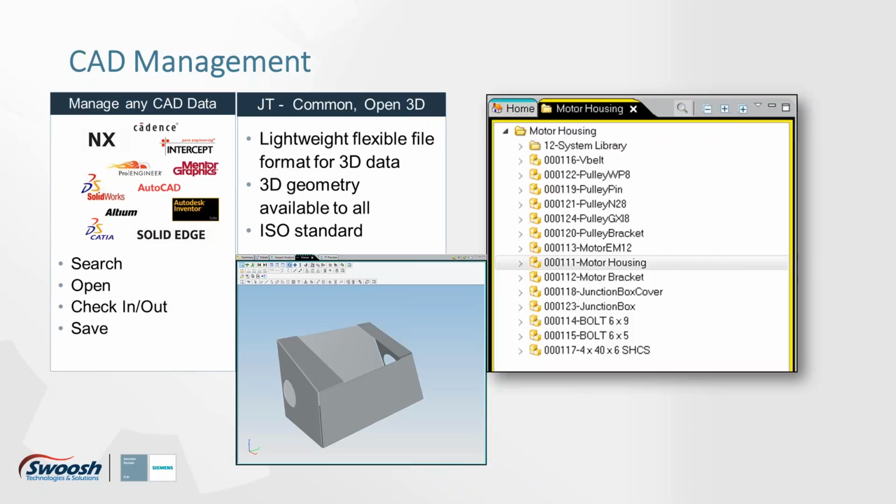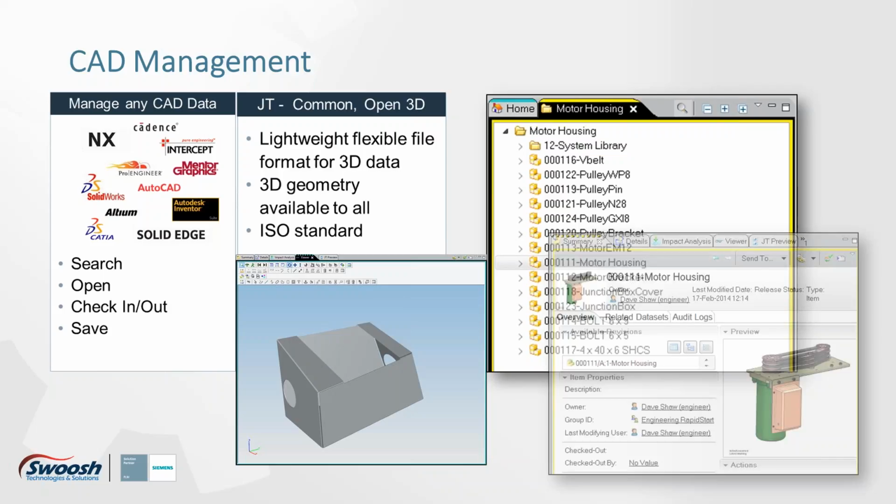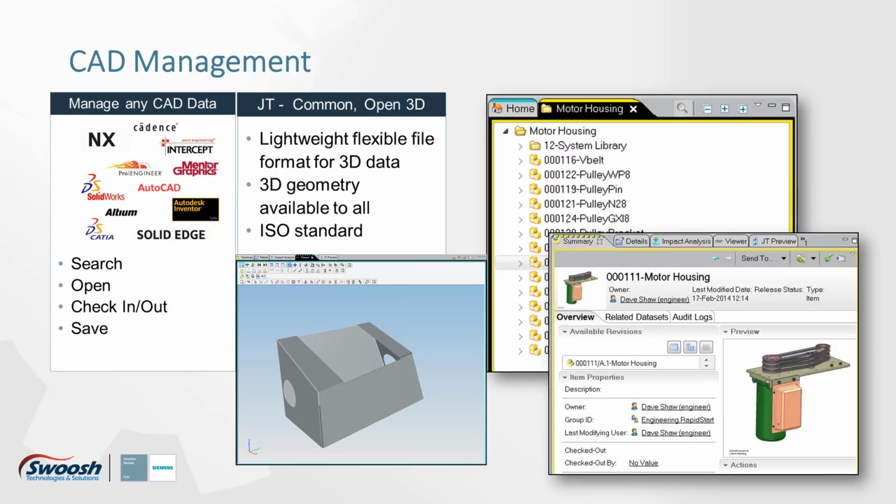Whenever you do save a model coming out of the integration, all the data is saved with it. So there's a summary panel where you can go look up some of the metadata that was included. You can add extra metadata. There's a certain structure that is created, and we go to that later on in the presentation, but things are easy to find using either item numbers, descriptions, any metadata. You can search against that.